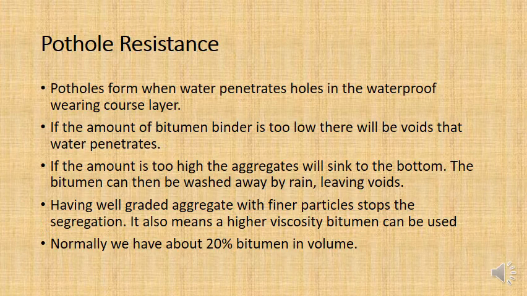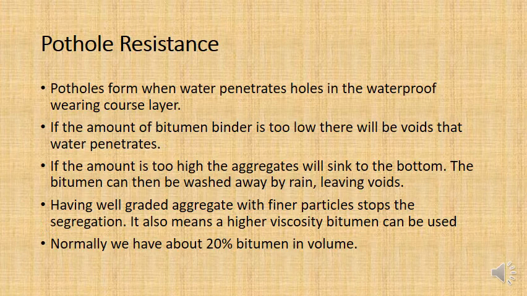So if you don't have enough bitumen in the asphalt, if it's below that 20-30% mark, you're going to start getting voids in the asphalt that water can penetrate. Not a good thing, and it's a very common problem with new roads in Kurdistan. They just didn't put enough bitumen in the aggregate mixture, in the asphalt mixture,